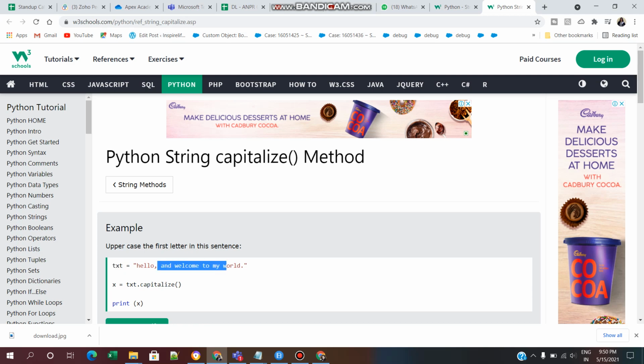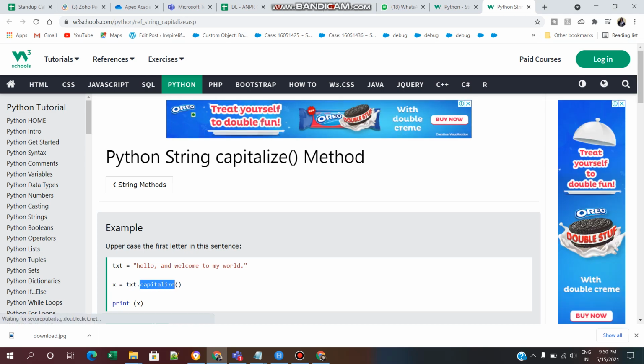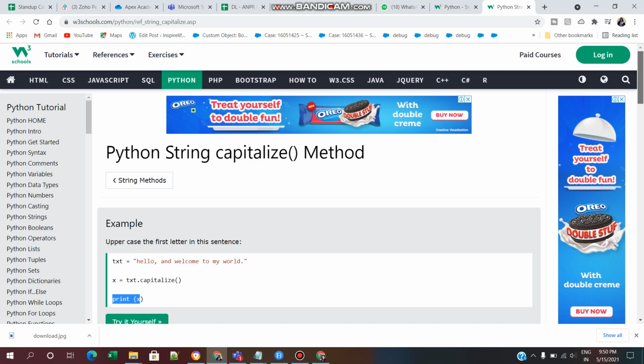So we are making the first letter of that string capital case, like uppercase. x is a variable where we are storing the new value after changing. The original value will remain the same. So after converting, we are printing the x value. So we will see this example.